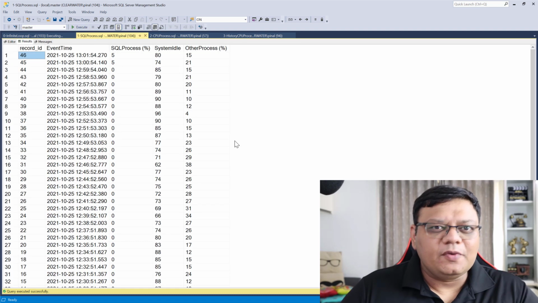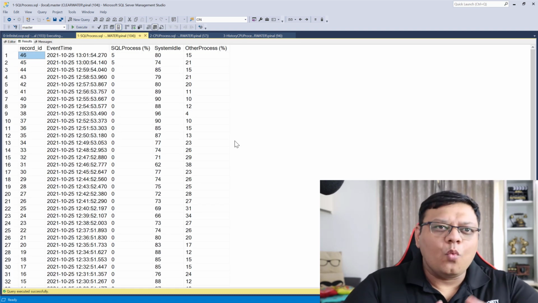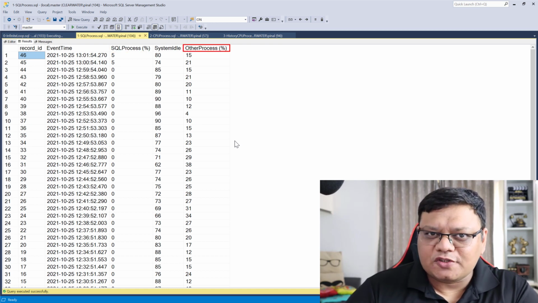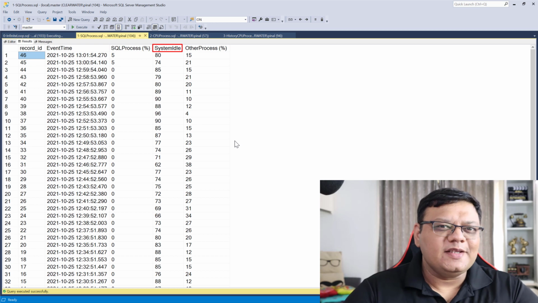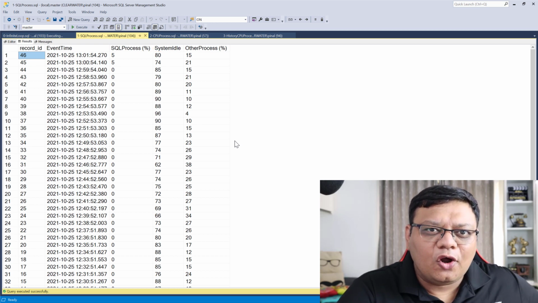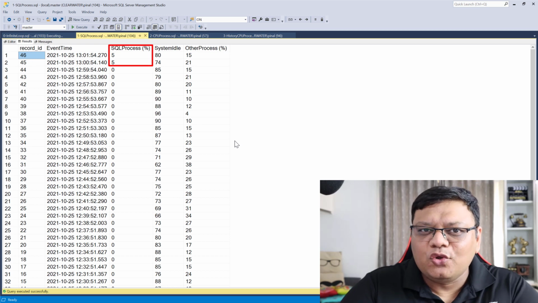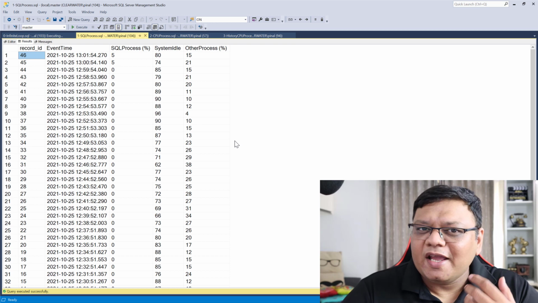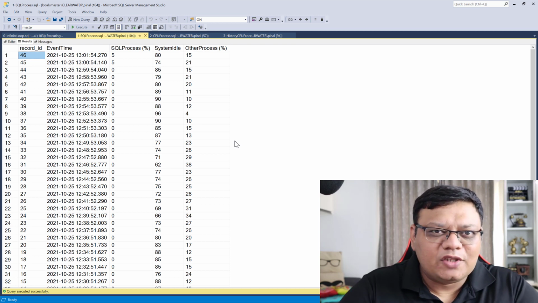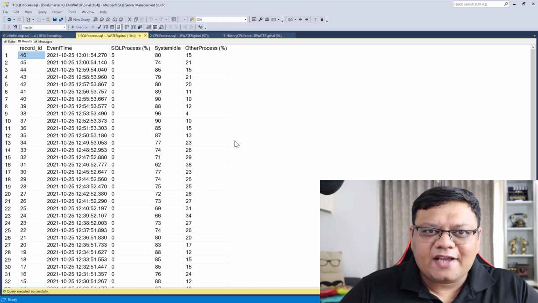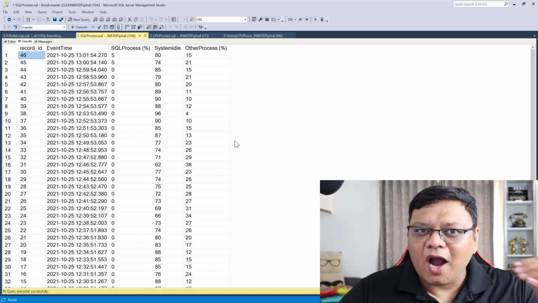When you run this script, it will show you 2 columns. One of the columns is for the SQL process, another column is for other processes. And between them, there is system idle. So now, if you see SQL Server taking a lot of the CPU, that's where you need to go to the next step. Otherwise, you need to talk to your client and request them to check their network or system to figure out what is actually taking their CPU high.